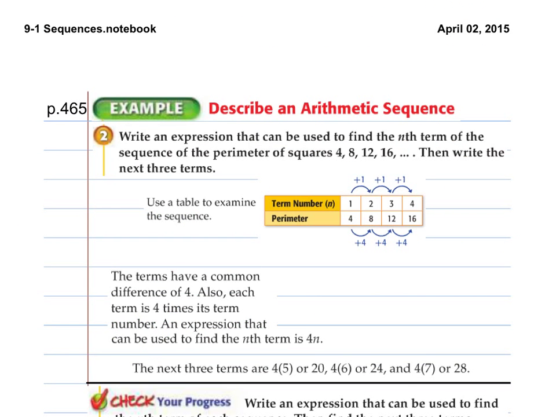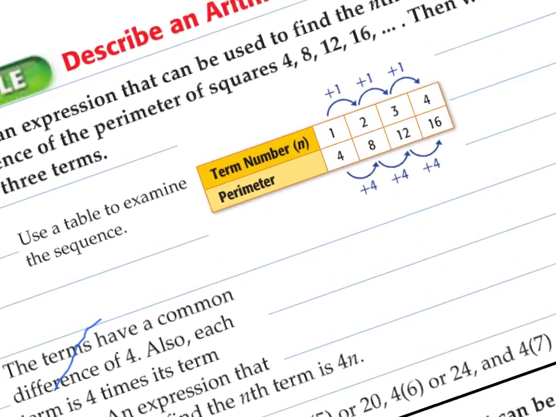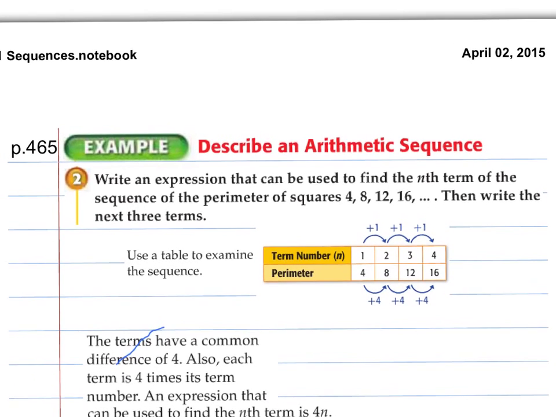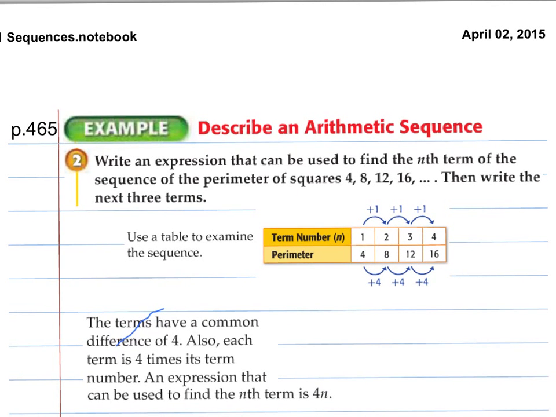So if we were to describe an arithmetic sequence, if you want to write an expression that can be used to find the nth term, meaning any number, if you wanted to find the 100th term in the sequence, the 7th term, any number in the order, then you can make a table